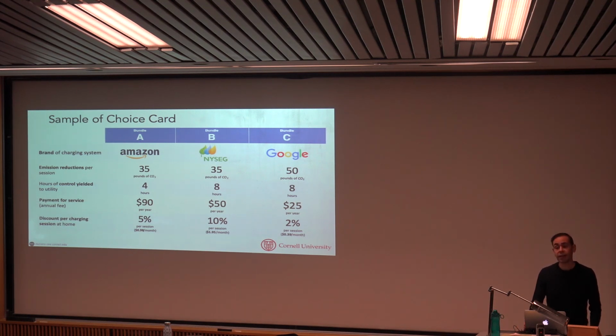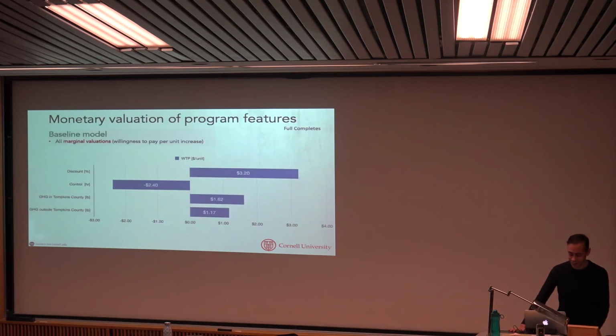Then with this information, yes? Did you give them the option of just buying the charger outright? So when they decided to opt out, then there was a follow-up question about that, yes. How much is the charger? Now I forgot the price of it. That's a very good question. With installation, it's like another 500. Yeah. Thank you. I just forgot it.